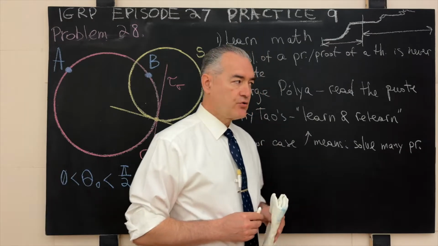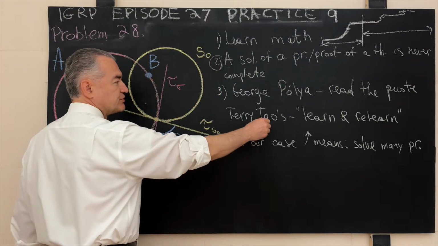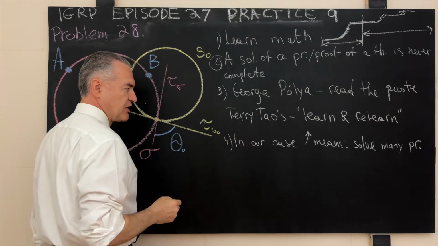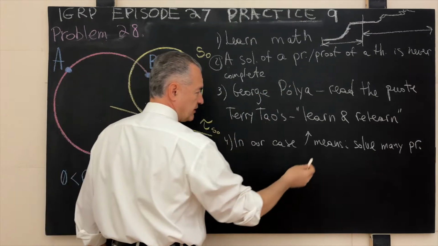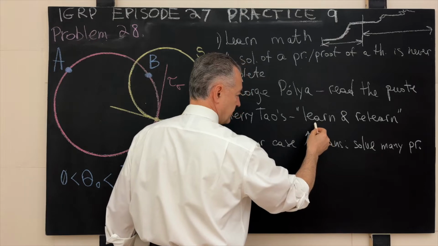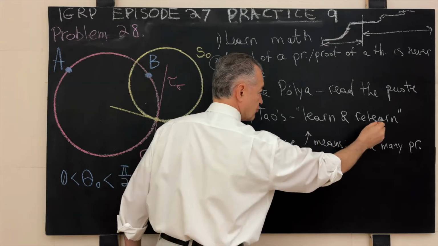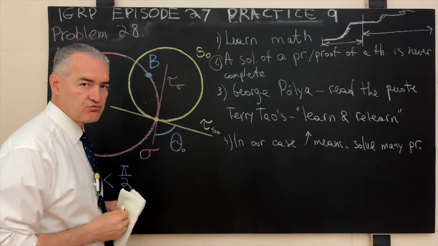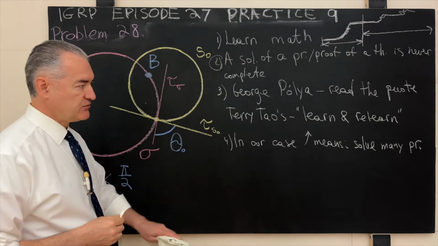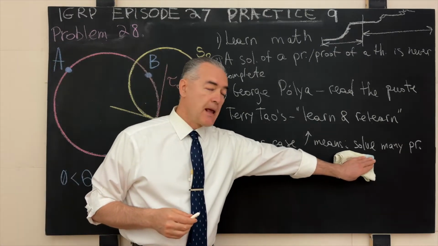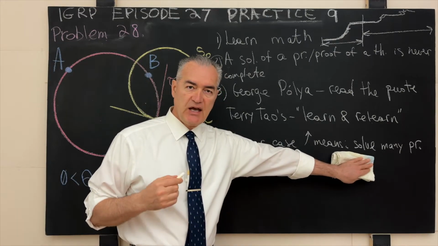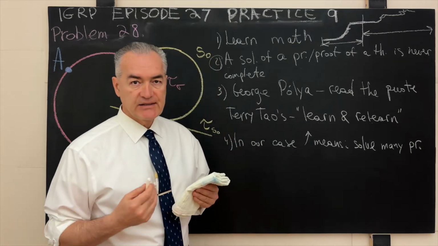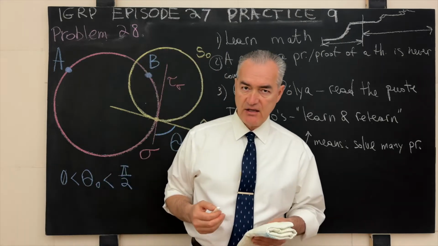And the other figure of authority, Terry Tao, puts the same ideas expressed by George Polya that you just read in a different way. His motto or his mandate is to learn and relearn. And in our case, Terry Tao's learn and relearn mandate means that we really have to solve many, many problems, and we have to keep solving many, many problems until we put the technical essence and the ideas behind the